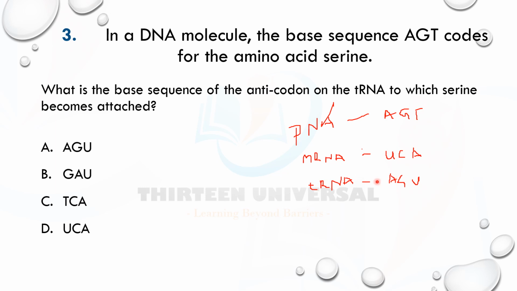Now, the tRNA anticodon is AG, which is complementary to this. So this is complementary to this. This DNA is complementary to this. tRNA is complementary to messenger RNA. Therefore, DNA and transfer RNA should